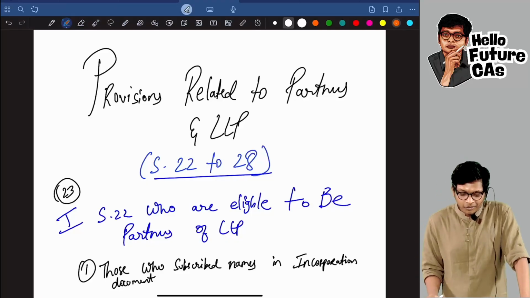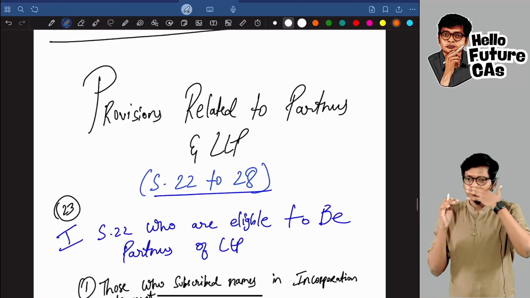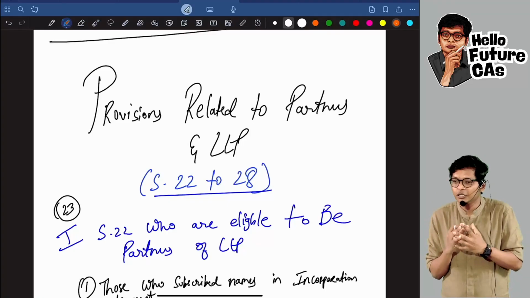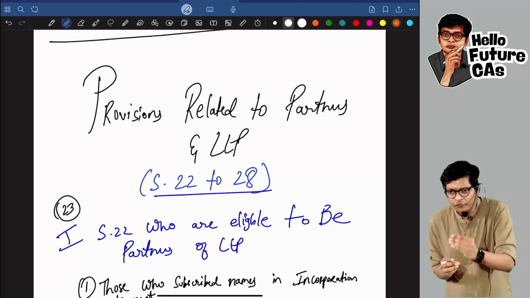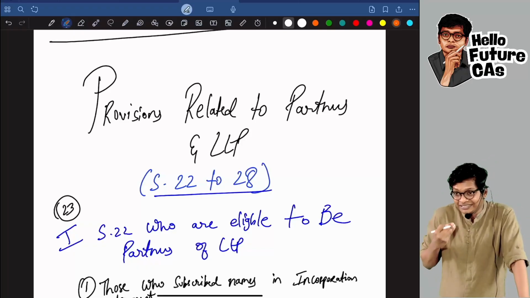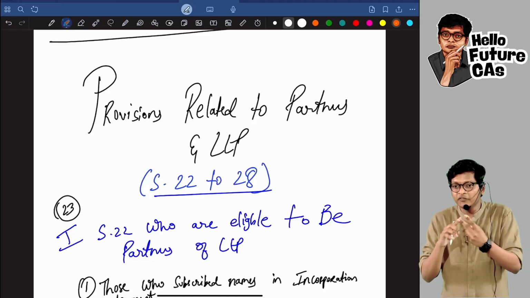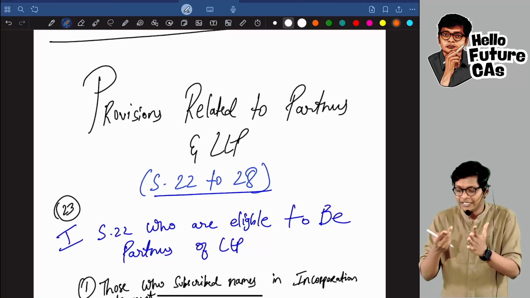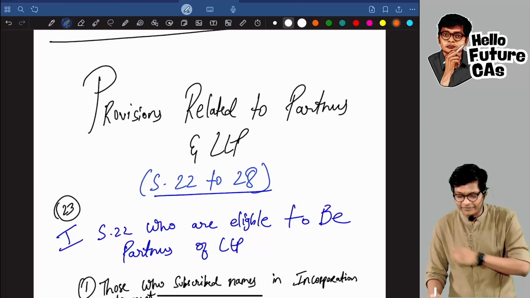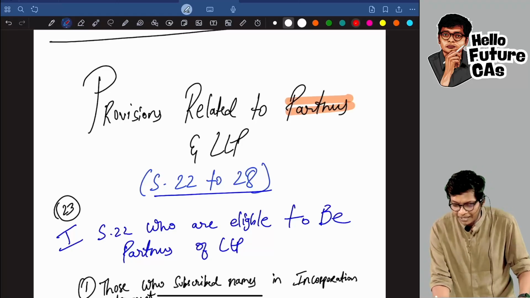Come back. Now, yeah. So what I was saying, we are done with 22 concepts in LLP, guys. Was anything very challenging? No. We just have a few more concepts. But what I have done is categorized the last 7 concepts: 23, 24, 25, 26, 27, 28, 29. Only 7 concepts, guys. The 30th is a different concept. So the last 7 concepts are related to partners and